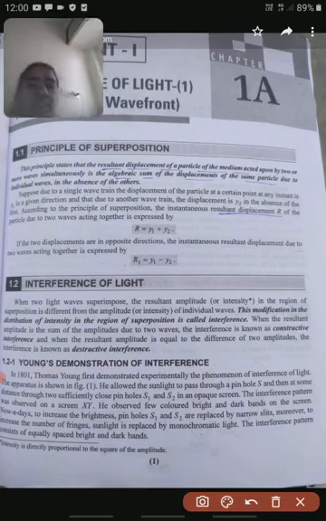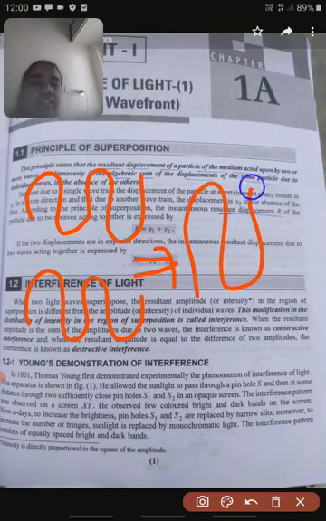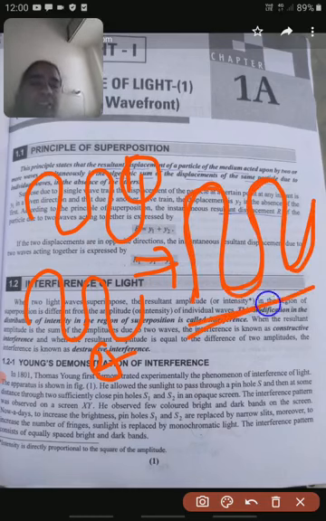Interference is nothing but, if we take the waves like this, if two waves are the same, then we get a high intensity wave. If two waves are in phase, I mean the properties of the first wave and the second wave are the same, then we get a high intensity wave. This type of interference we call constructive interference.